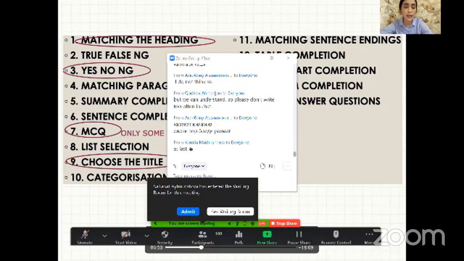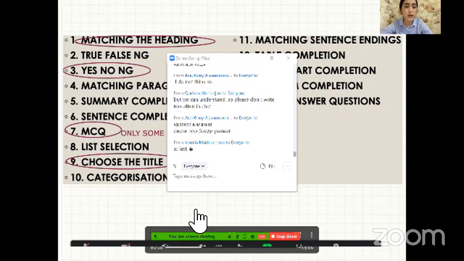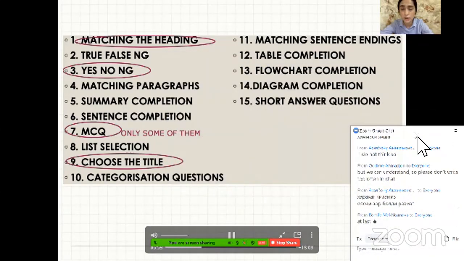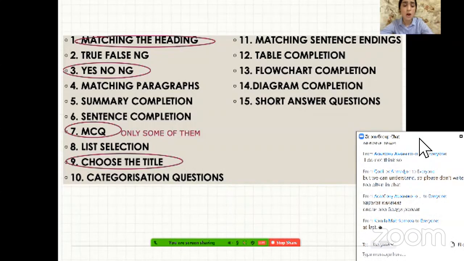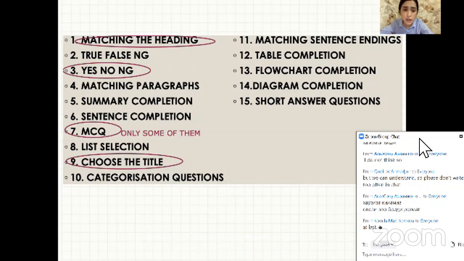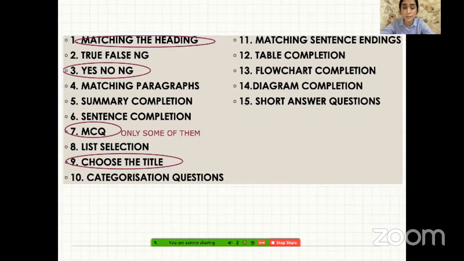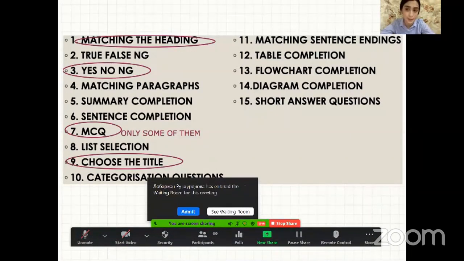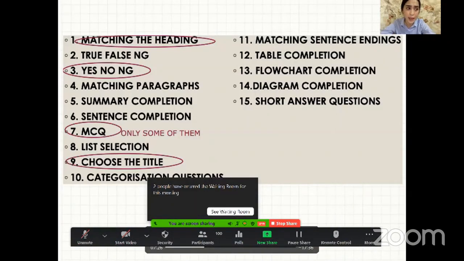And the third one is MCQ, or multiple choice questions. I'm not claiming that all types of multiple choice questions are there to test your comprehension of the idea or information provided, but I've noticed such a pattern coming out of the examinations that I have taken myself and coming out of the observation of the Cambridge tests from Cambridge 10, to be more specific. I'm talking about Cambridge official tests. So I've observed such a pattern. It turns out that in the passage 3, starting from Cambridge 10, the 3rd passage asks you